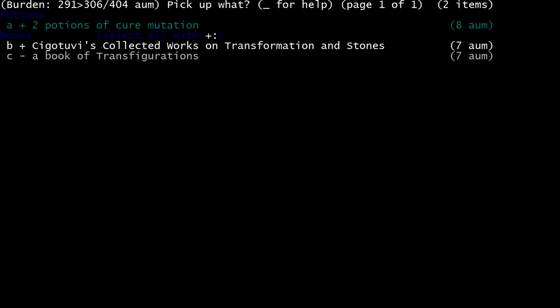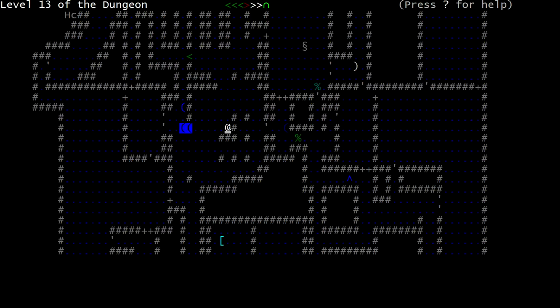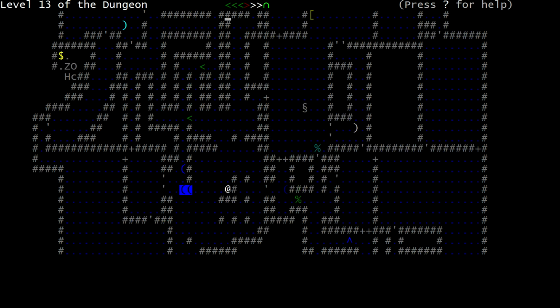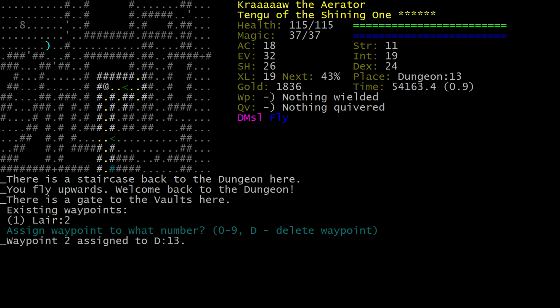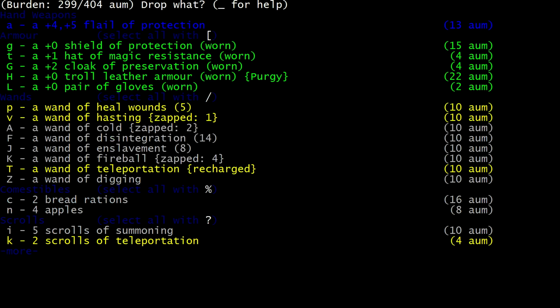Alright, this is actually perfect. I'm just going to go upstairs right now and make my secondary stash, which I usually make right here. It's not exactly the best place for it. Let's just get a nice little corner where monsters are not likely to find me, like right here. Alright, so this is my new waypoint 2. Alright, and we can drop off our books, and we can drop off...